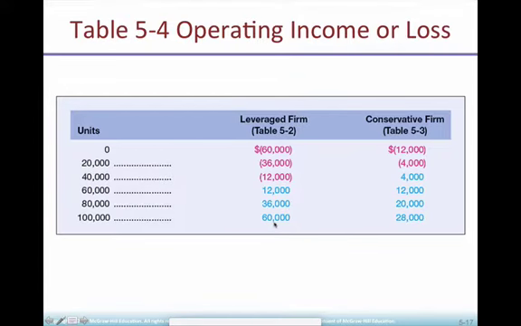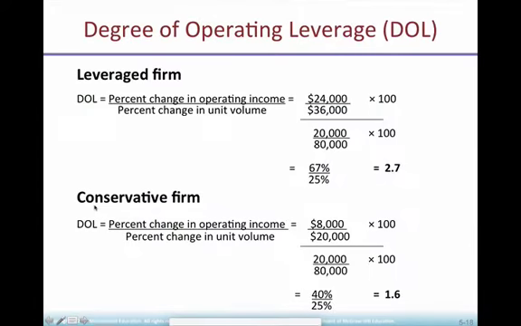So let's pick some levels of production. Suppose my business wants to move on increasing units sold from 80,000 to 100,000. Now we are going to calculate degree of operating leverage as percentage change first in operating income from the formula, which is going to be 60,000 minus 36,000, which is 24,000, divided by old value 36,000 times 100, divided by percentage change in units. 100,000 minus 80,000, that's 20,000, divided by 80,000 times 100. We just apply the formula here.